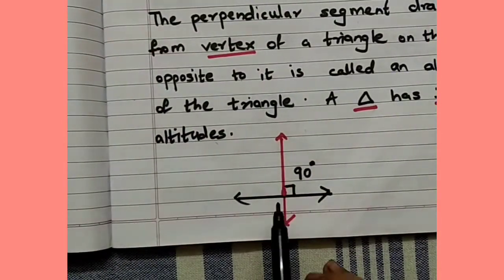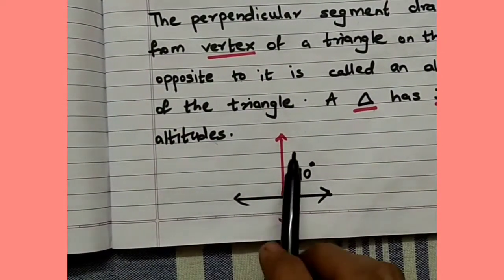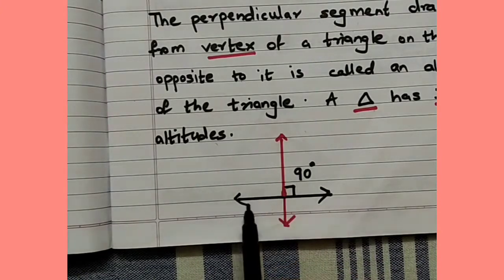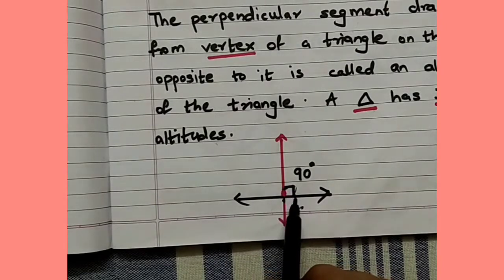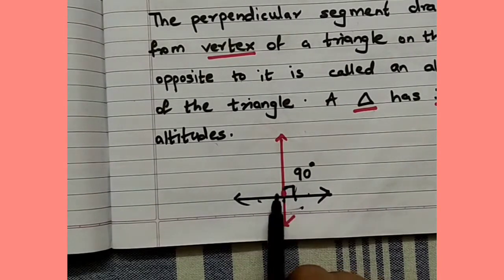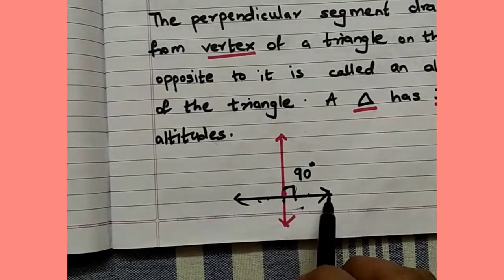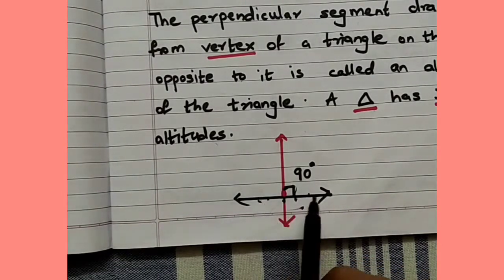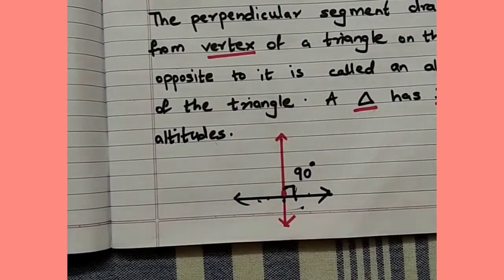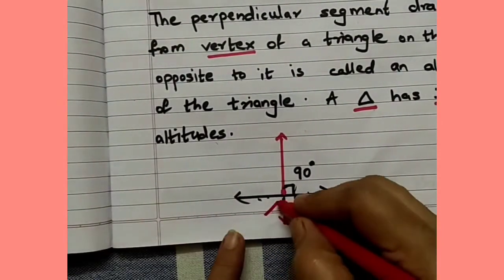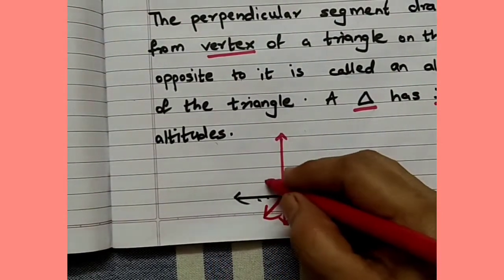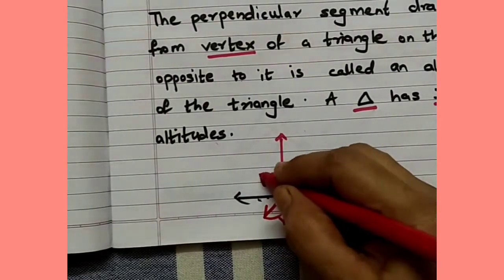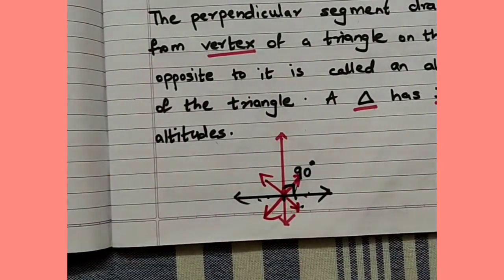Here, see, these two lines meet at a point, this point, and they form an angle of 90 degrees, and this red line bisects this black line, meaning it divides this black line into two equal parts. Now this red line can divide this black line into two equal parts in different ways. See, it can divide this way also, then also there will be two equal parts of the black line. It can divide in this way also, here also there will be two equal parts of the black line, but